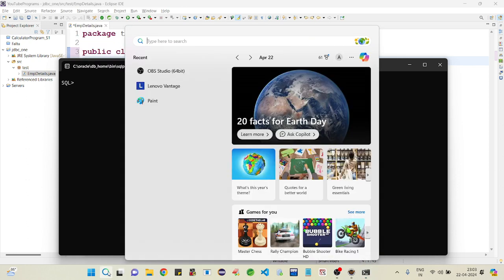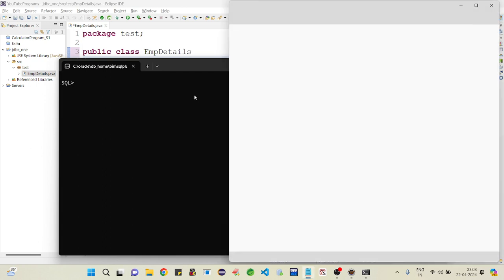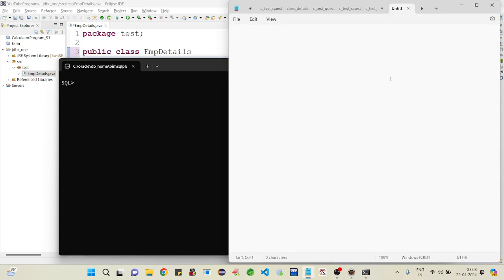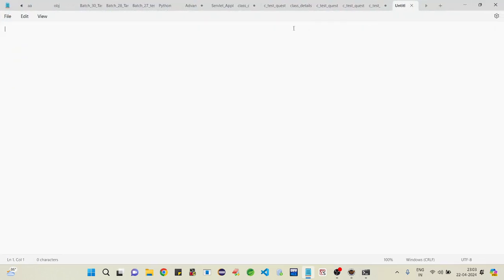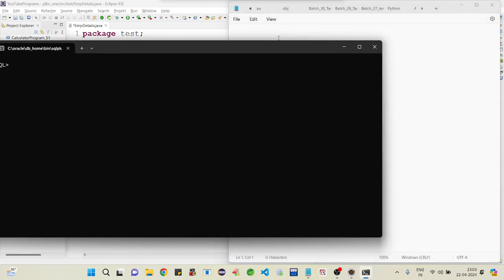First I am going to write the query in Notepad. Create table employee.